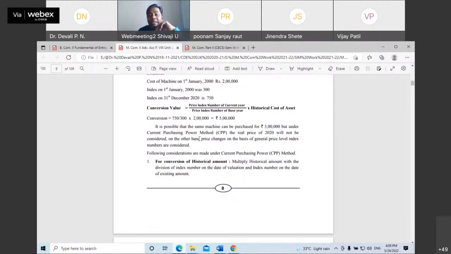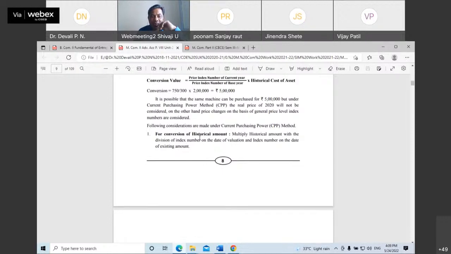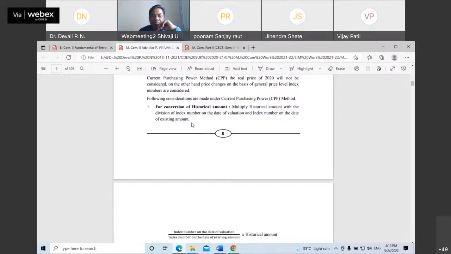But what exactly is the real price that we are getting in 2020? That is also one of the considerations. And that is why there are some considerations related to this CPP method. First, for conversion of historical amount, how are you going to change the value